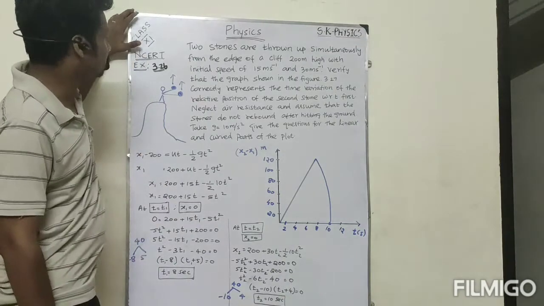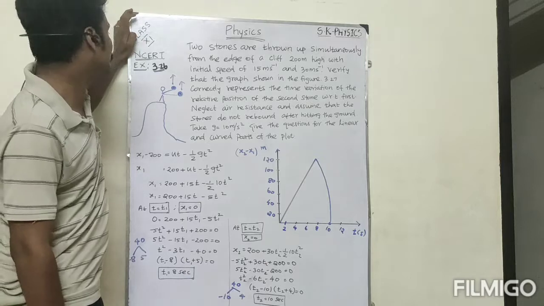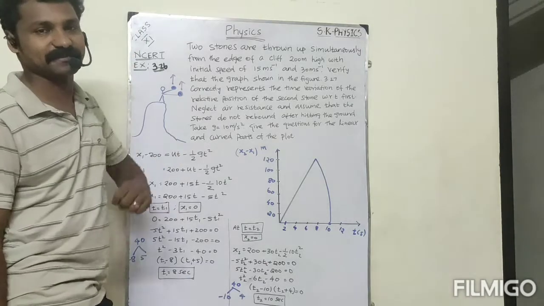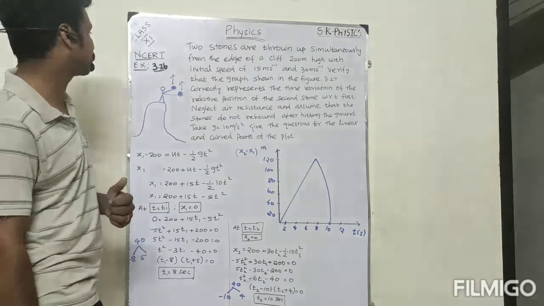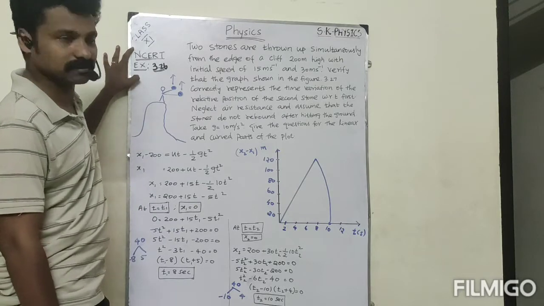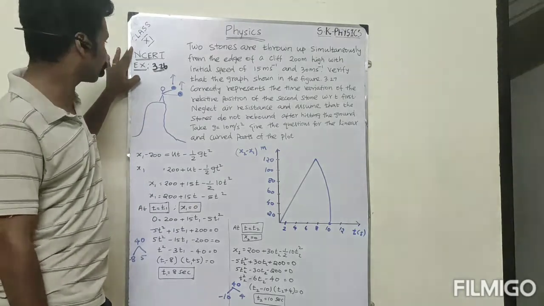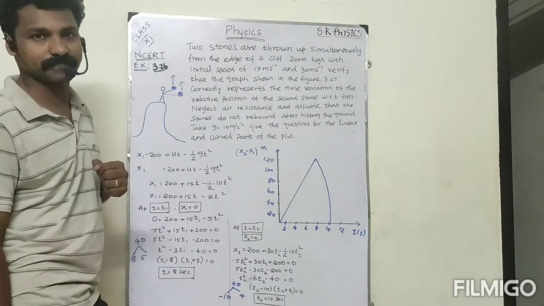Students, see now from the 11th standard motion in a straight line chapter, one interesting question, that is the NCERT additional exercise problem number 3.26. Okay,